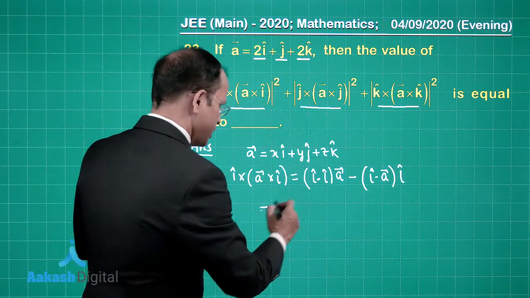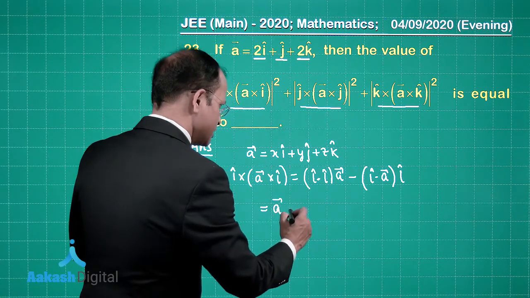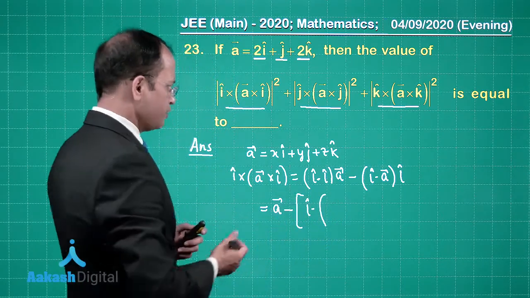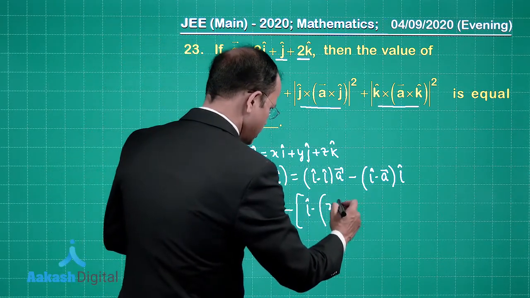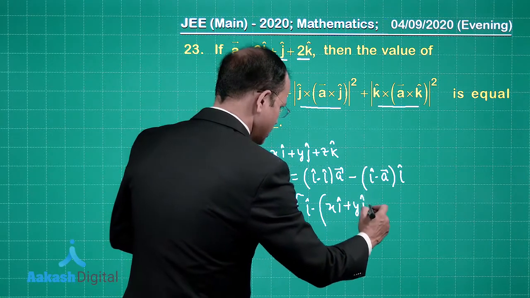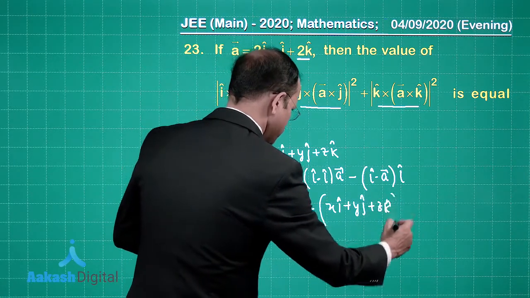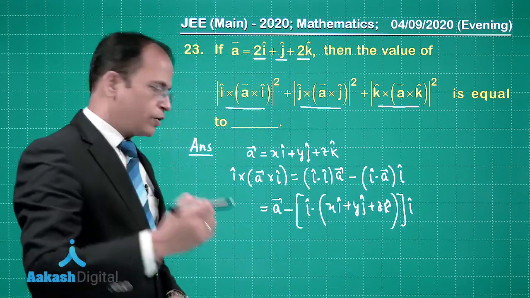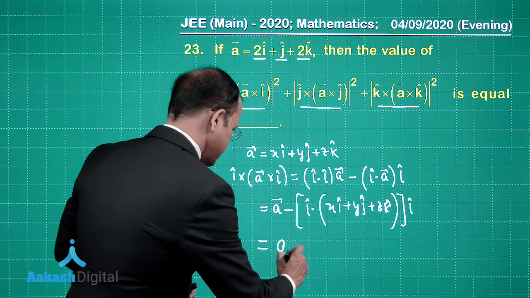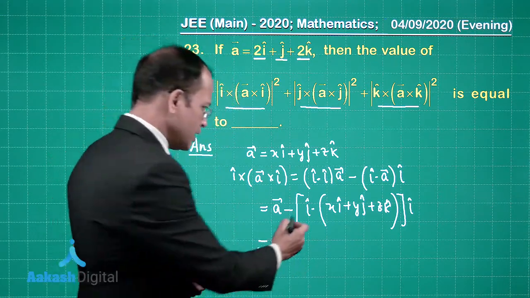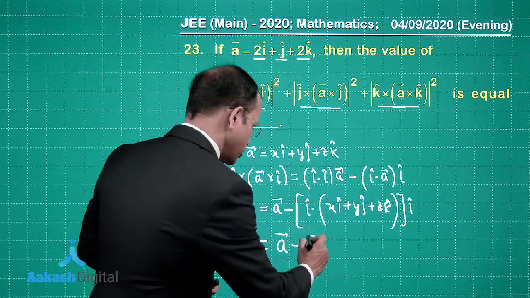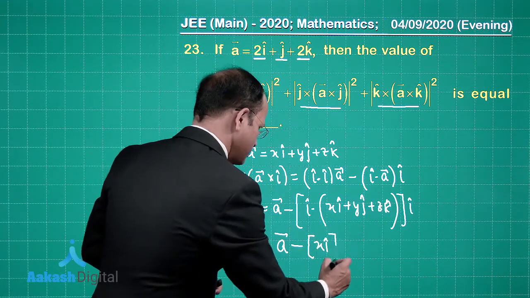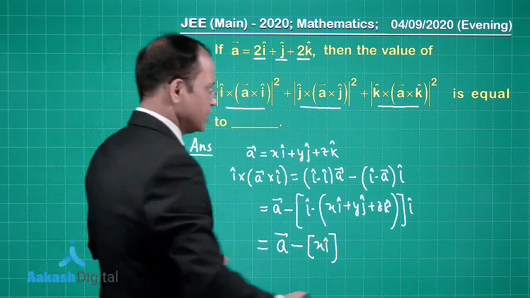Now this i dot i is nothing but 1, and we have vector A, and this is again i dot A. So just have a look at this part. It's going to be a very interesting one. We have xi cap, then yj cap, and then zk cap, and this is going to be the i part. Got it? So we can just write vector A here, minus i dot i, which is 1, and this comes out to be x, and we have xi cap because other terms become 0, right? So this is what we have.